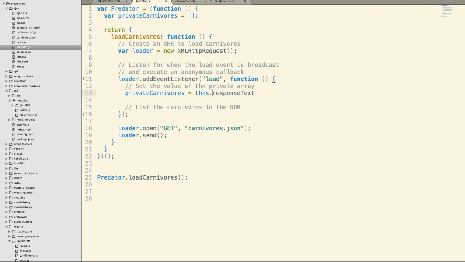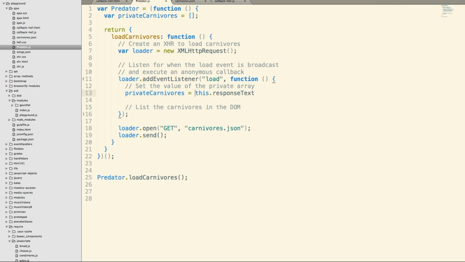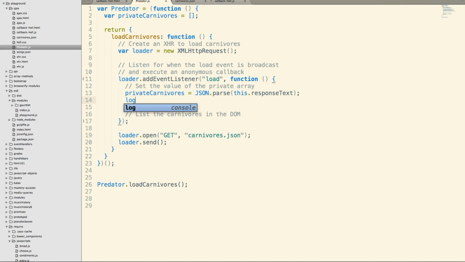So this .responseText simply is the raw string of characters in carnivores.json. It is not a JavaScript object yet. So to do that, if you remember, we parse it. We parse a string, and what that'll do is convert that string of characters into an object. So let's save that. And of course, rule number one,